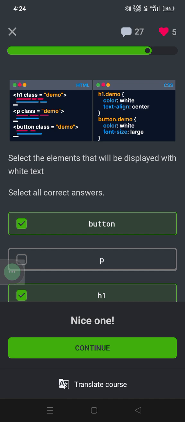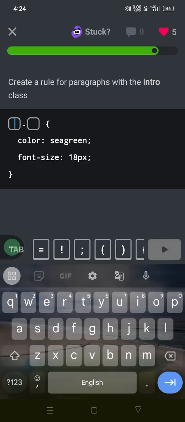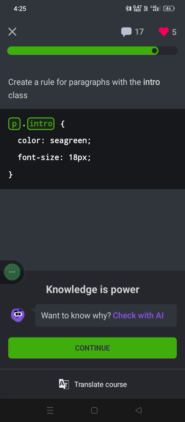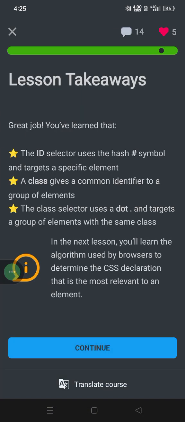If here you use p dot demo, it does not apply to the p. This color is white, so just the button and h1 are white. Create a rule for paragraphs with the intro class. We know the tag name is paragraph, p dot, and what is the class name? It is intro. So simply write down intro. So the lesson is completed. The ID selector uses the hash symbol and the target is